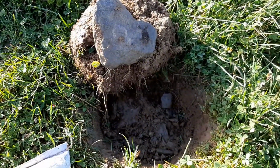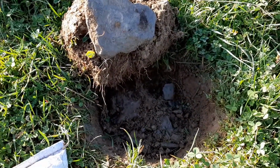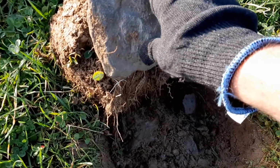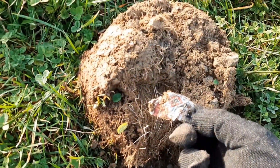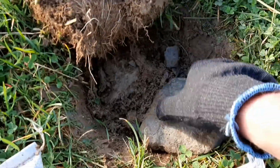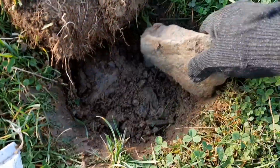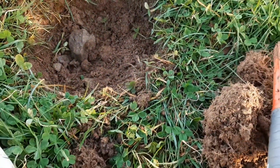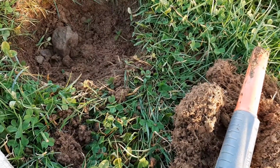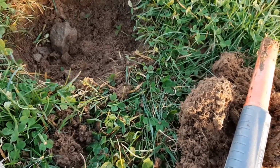So after two very successful holes, it's time for a bit of scat. I dug this out and there it was, a bit of scat. One of my missions for today was to show newbies like myself that this pinpointer is far